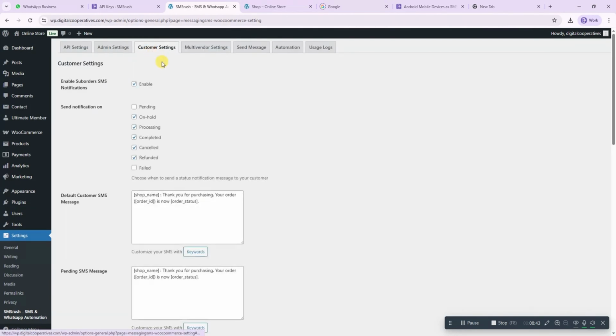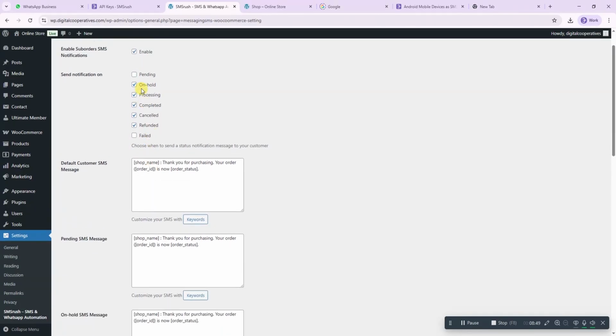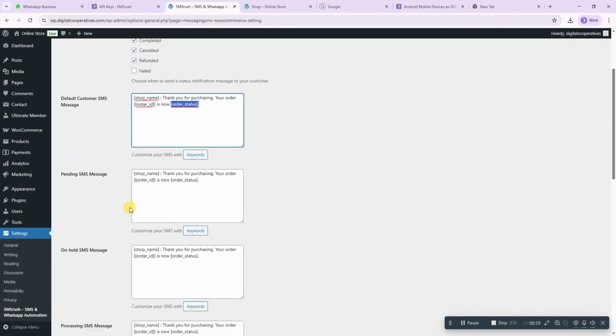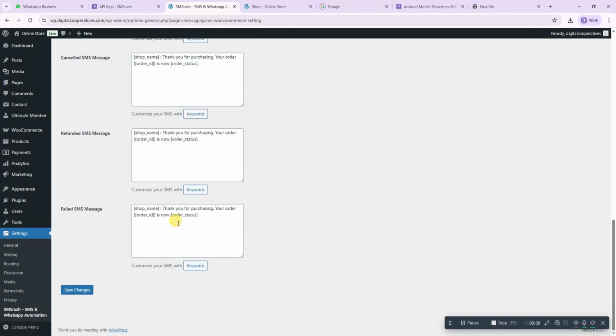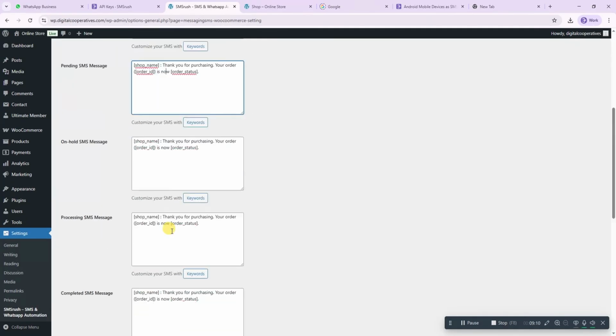And for the customer setting, you need to enable the notifications again here. What kind of notification you want to send to the customer, you can select from all these options. It will depend on you. Default message: thank you for purchasing your order. Here will be the order ID, and the order status is automatically fetched from the database. And if you have a pending notification, you can update these templates from here. And there are many templates for the customer, so you can select the option from here, and don't forget to